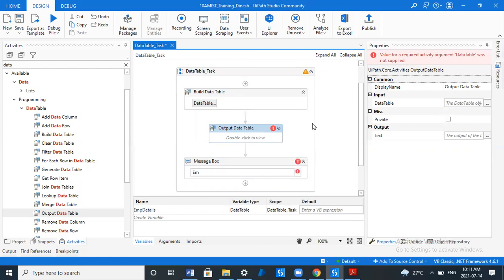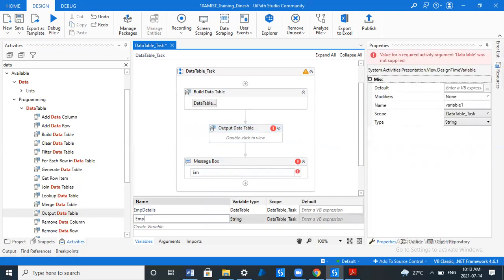Simple, you just select it. You can see here it is expecting an input as a data table. It will provide an output as text, which means all the values will be present, but it will convert only the data type from data table to string. Let me create a new variable of type string, named employee details str.